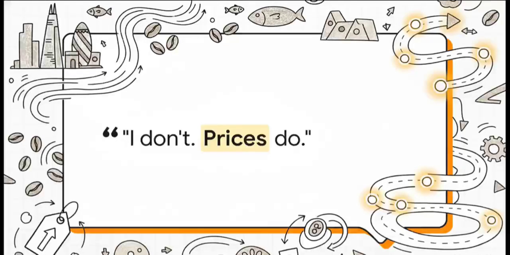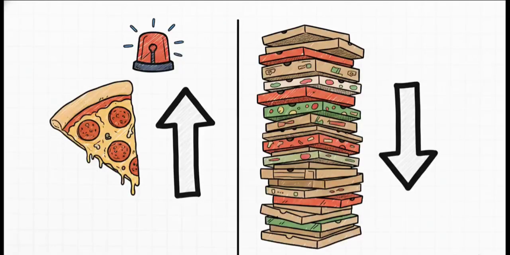She just said, "I don't. Prices do." Think about a massive city like London. Millions of people needing 3 meals a day. There is no minister of sandwiches deciding where the bread goes. Yet somehow, every single morning, coffee arrives from Brazil, and fish arrives from Norway. An invisible information superhighway handles the whole shebang automatically. And that superhighway? It is run entirely by prices.